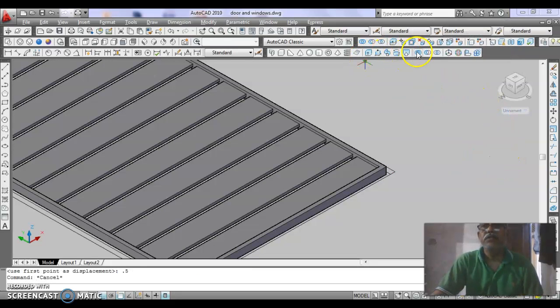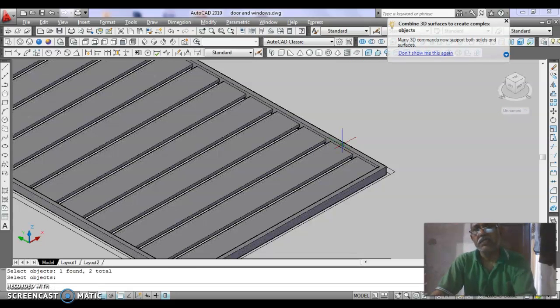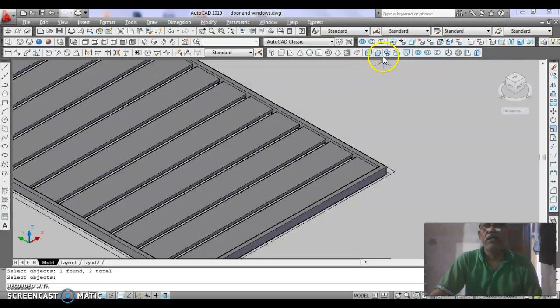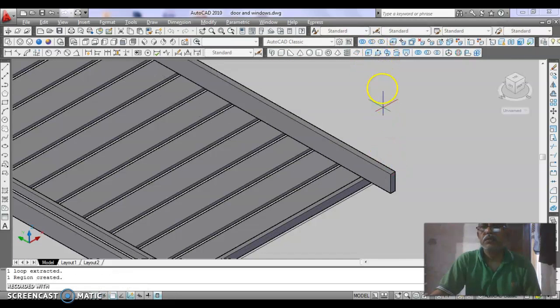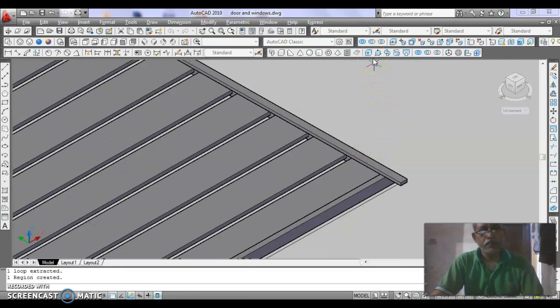Then union the both strips, frame and strips. Then again press pull the outer frame by 2 inch